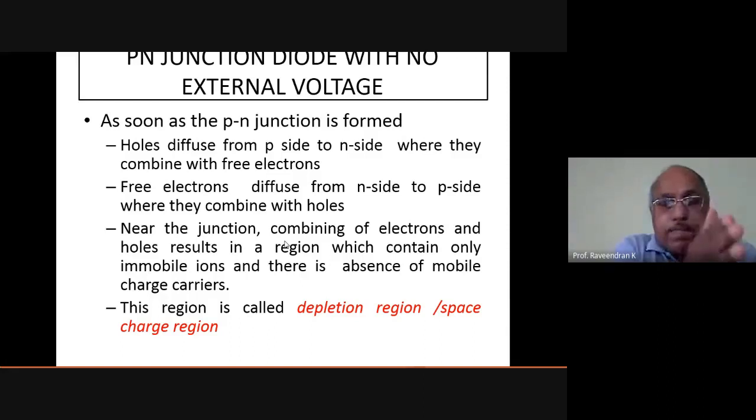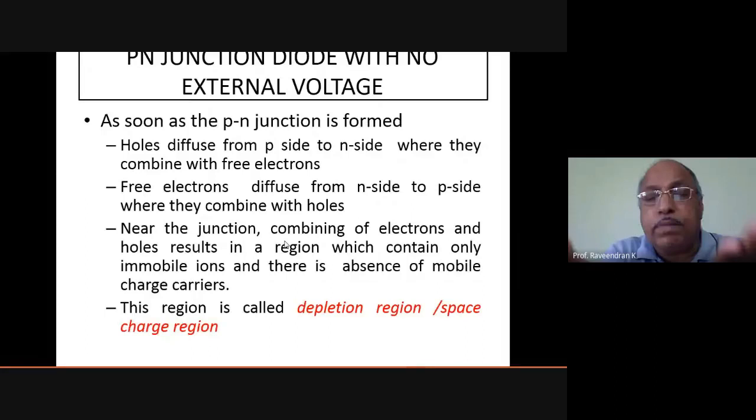The holes available on the p side will diffuse to the n-type material side, forming electron hole pair combinations. Similarly, the n-type material has a large number of free electrons that will combine with the holes in the p-type material, forming electron hole pair combinations,